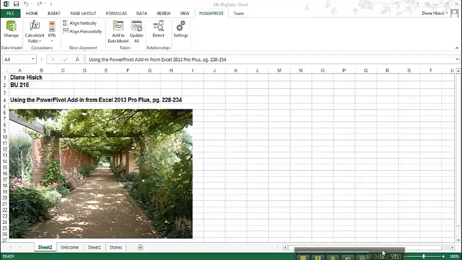This is Diane Heisick. I will be demonstrating how to use the PowerPivot add-on from Excel 2013 Pro Plus, found in Chapter 10 between pages 228 and 234. It's a picture from the Chicago Botanical Gardens from last summer. So to do this,